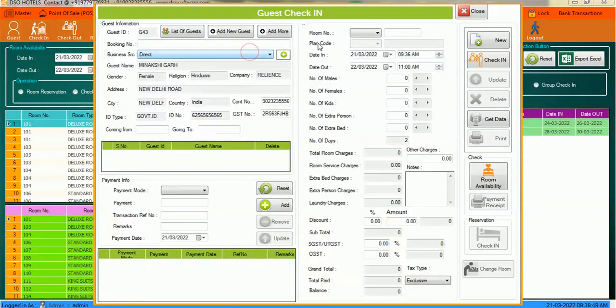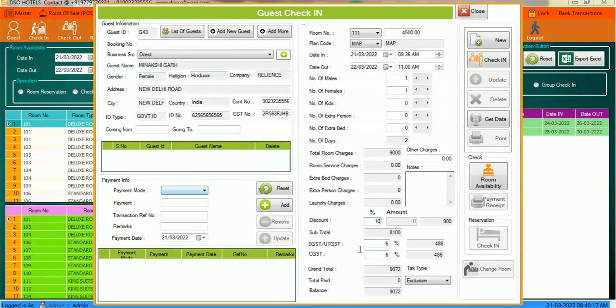Just select the room number, and select the plan code according to your guest. Number of males, number of females. If you are giving any discount, 10% or 20%, you can give it in amount as well as percentage. We have both facilities. Now I am giving it in percentage.